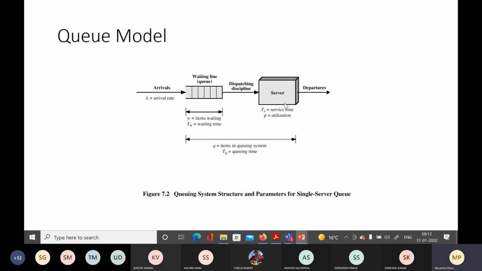Okay, and then once the job is served at the server, it will depart from the system. Let us assume that this is a system, starting from the buffer of this queue to the end of this server. Now there will be arrival of jobs in the system. The arrival will happen with some rate. It is assumed here that lambda is that arrival rate. So jobs are arriving into this system with rate lambda, and you have jobs waiting in this queue.